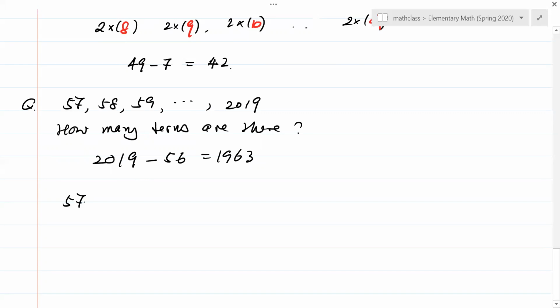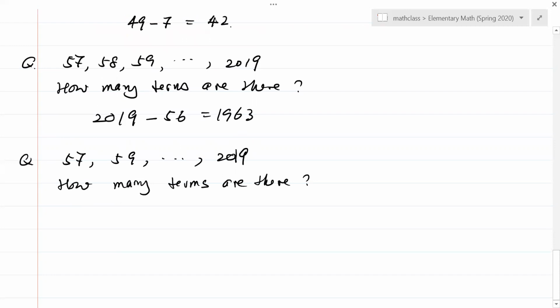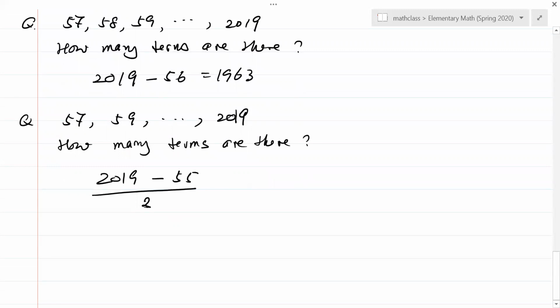Now if I change the problem, only consider odd numbers. How many terms are there? Okay, in this case, if you want to use a formula, you have to do 2019 minus 55. The odd number before 57 is 55. Then the gap between them is 2, so you have to divide by 2. It's going to be